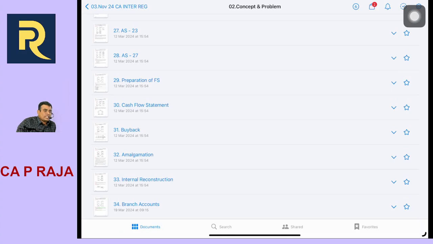ஏன்னா ஓல்டு சிலபஸ்ல இது வந்து குரூப் 1ல இருந்தது, preparation of financial statement. குரூப் 1ல கேட்கறதுக்கு சாப்டரே கிடையாது. புரியுதுங்களா? குரூப் 2ல தான் அமால்கமேஷன், இன்டர்னல் ரீகன்ஸ்ட்ரக்ஷன், பார்ட்னர்ஷிப், சிஎஃப்எஸ், பிரான்ச் இந்த மாதிரி நிறைய இருந்தது. ஓகேங்களா? பிரான்ச் I think குரூப் 1 நினைக்கிறேன். அப்ப குரூப் 1ல எதுவுமே இல்லைங்கிறனால என்ன பண்ணாங்க? preparation of financial statement வந்து 16 மார்க்ஸ் கேட்டுட்டு இருந்தான்.